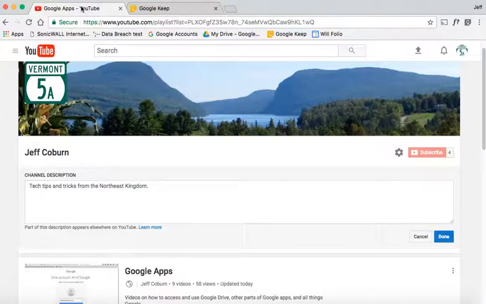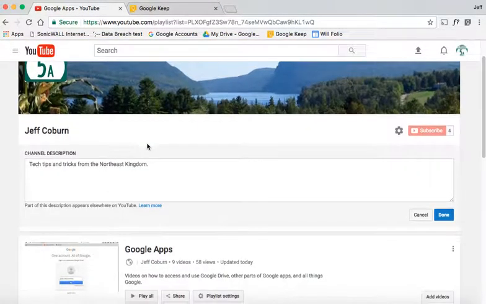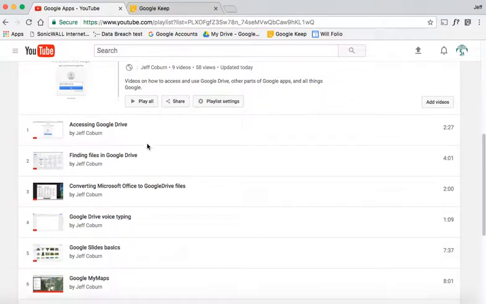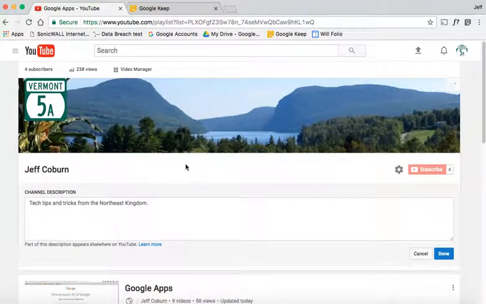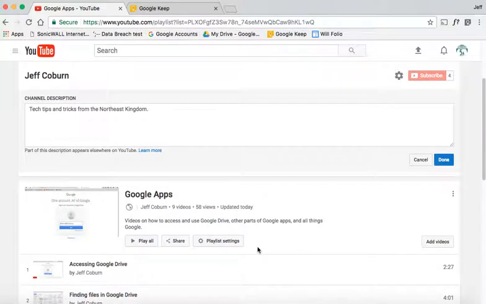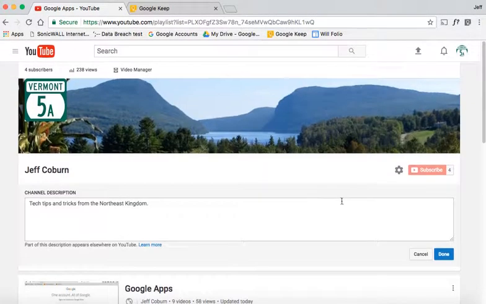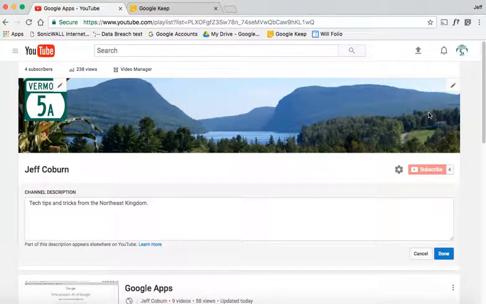So I'm going to click over here into this tab. This happens to be my YouTube page on Google Apps. So let's say I want to make that a bookmark within my Google Keep. So I'm in Chrome right now, and I installed this extension, this add-on to save things to Google Keep. So it was free, I installed it, and all I have to do is when I come to a web